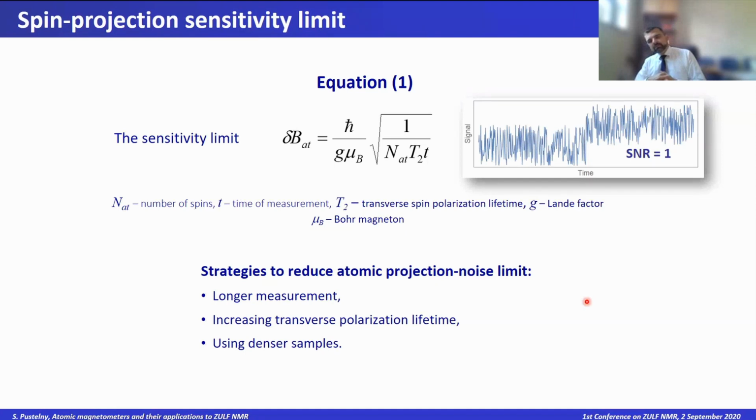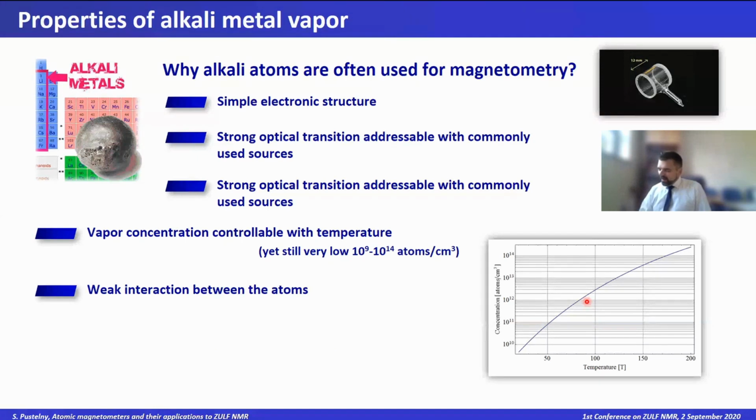So this is just the dispersion of the magnetic field, right? This B_AT. No, what this number means is that this is the smallest magnetic field that can be detected. This is the fundamental limit on the smallest magnetic field that stems from the atomic projection noise. I see. Yeah, I see. Thank you. Okay, thank you, Kirill, and thank you, Szymon.